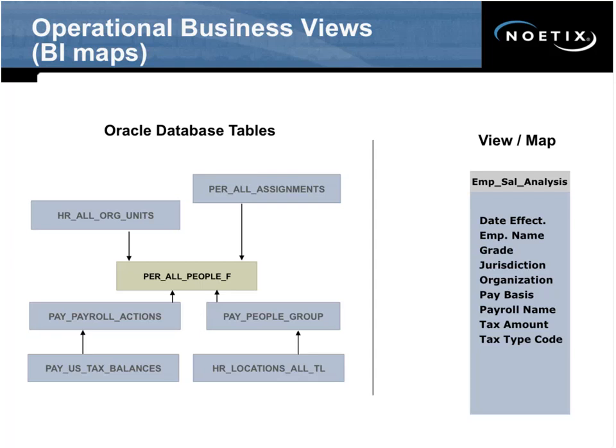So rather than seeing 7 tables with these cryptic less than 30 character names, instead we see columns all in one view with employee name and grade and jurisdiction and payroll name and pay basis and all the stuff that a payroll manager would expect to see. So these views are unique in a number of ways, but the core value is that they provide access to the information in that customer's specific implementation of the E-Business Suite database. And they provide real-time access to that data, real-time operational reporting.